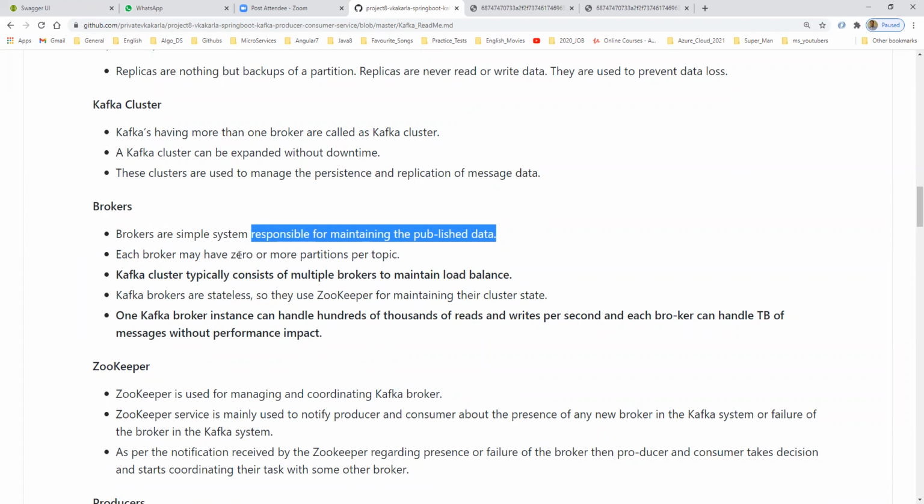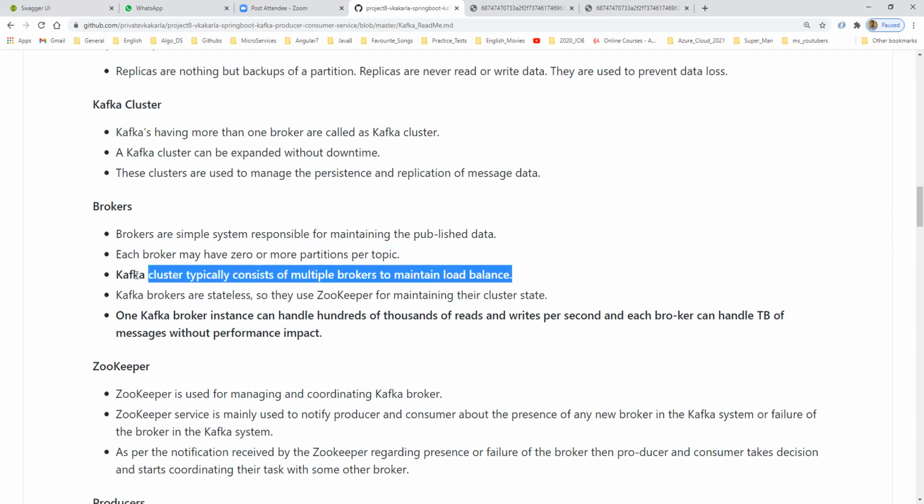Each broker may have zero or more partitions per topic. One topic may have one partition or many partitions. A Kafka cluster typically consists of multiple brokers to maintain load balance, right? So whenever you are consuming data, the cluster will do the load balancing.